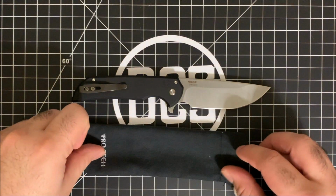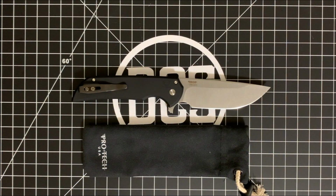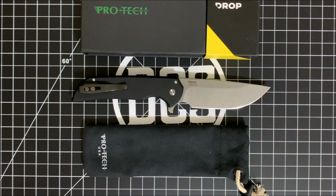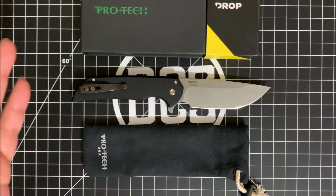You get that little Protech pouch, which I think is pretty freaking sweet. And at the end of the day, you can say what you want about Benchmade, Kershaw, or ZT, or some of these other knife companies. Personally, I hold Protech to a very high standard because they make some awesome automatic and